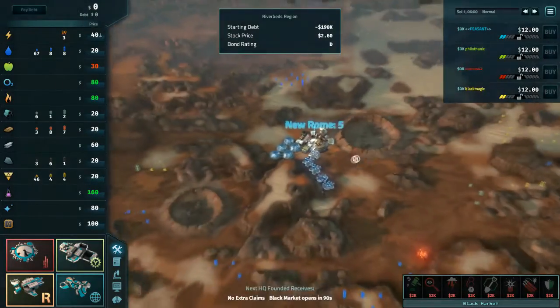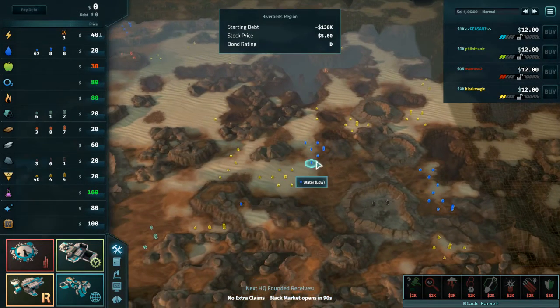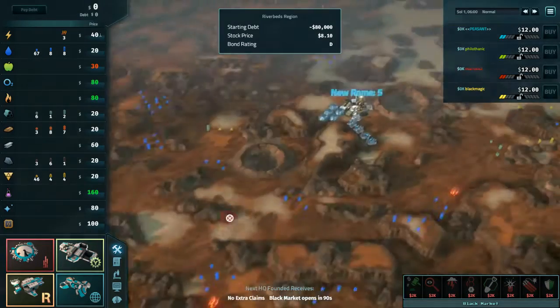Right, hello everyone and welcome to round number 4 of our February Team FFA tournament. Once again we are going to be featuring Peasant, Philithanic, Macros 42, and Black Magic, and of course Terra Incognita is still here with us, so...